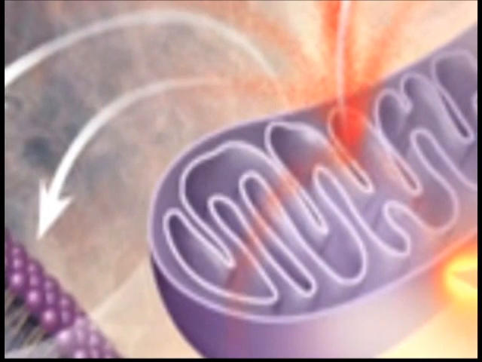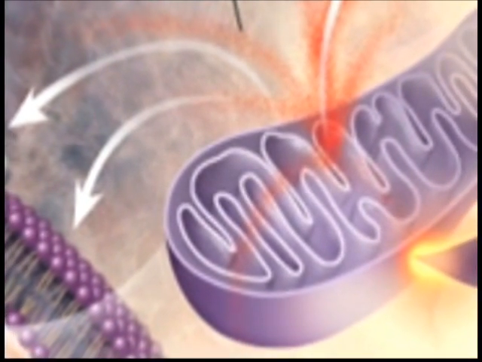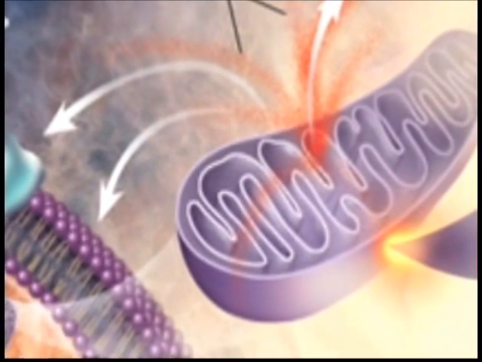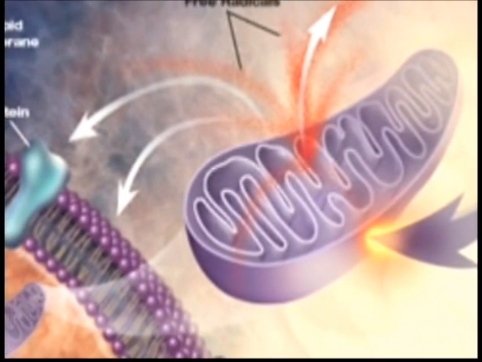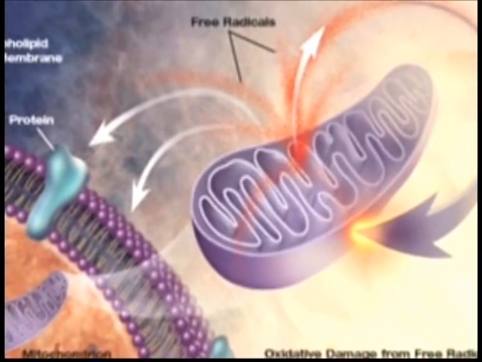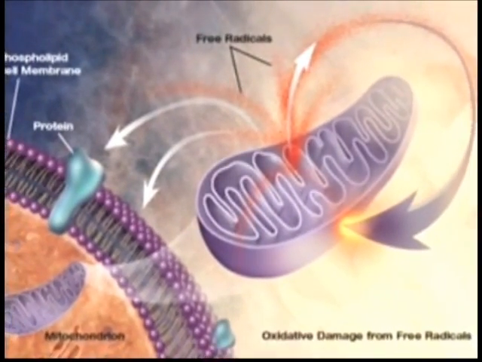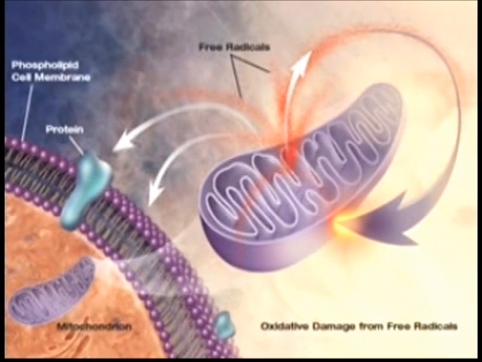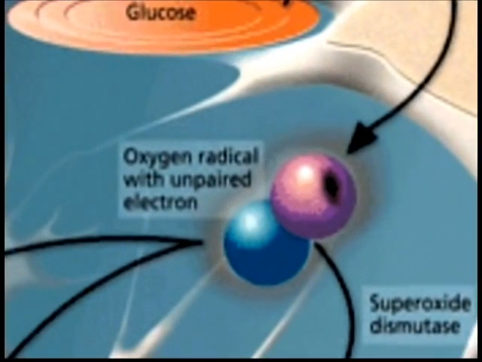Free radical damage is one of the major contributors to disease processes in the human body. In order to understand the importance of how one can help alleviate free radical damage, it is necessary to understand the pathological process by which free radical damage occurs. A free radical is produced when an electron on an oxygen molecule is lost, as you will see in this